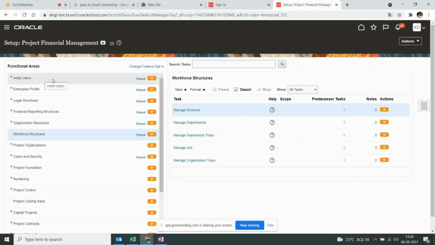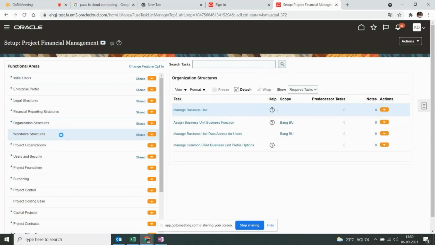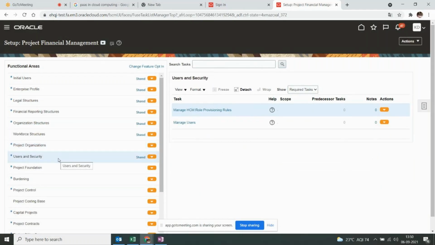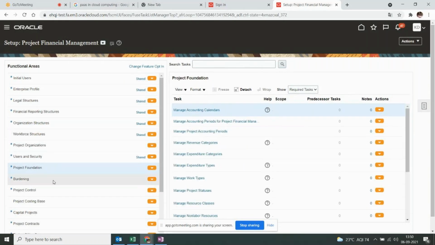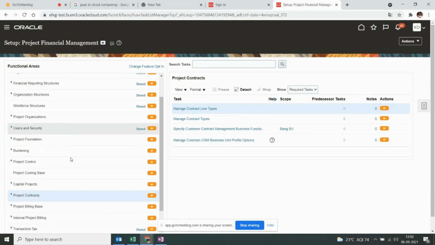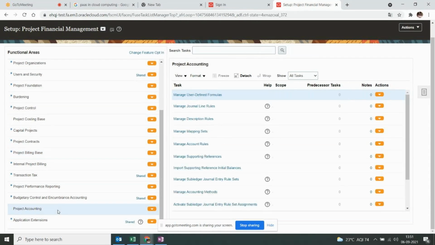You have to remember initial users, that is again not very important, but the mandatory 100% things you have to remember are: organizational structure, workforce structures, project organizations, users and security, project foundation, burdening, control, costing, capital, contract, billing, base, project accounting, okay, and then internal project billing.